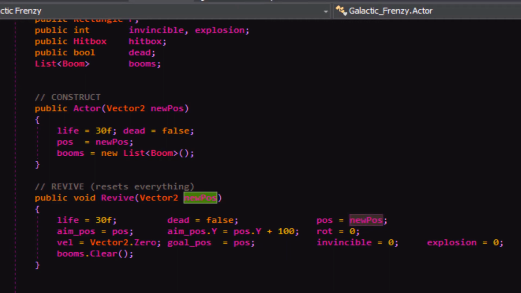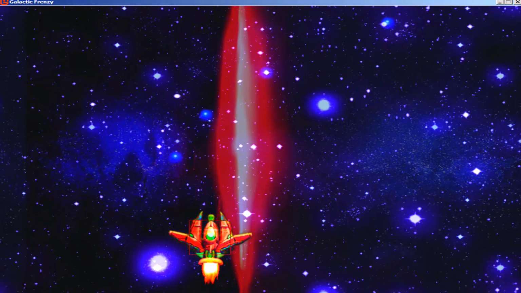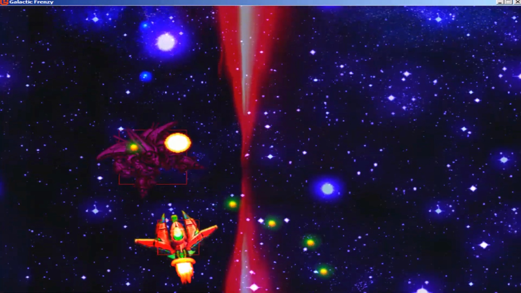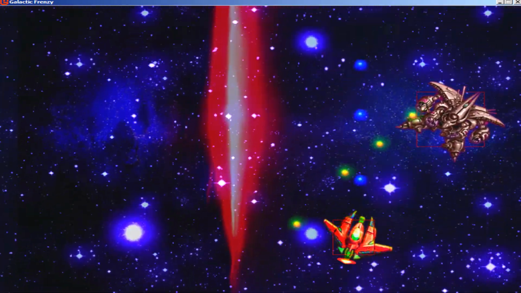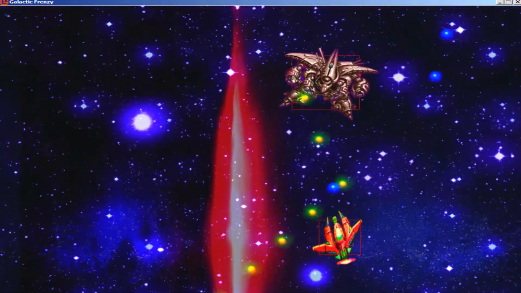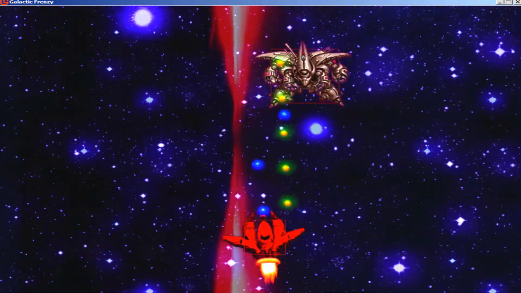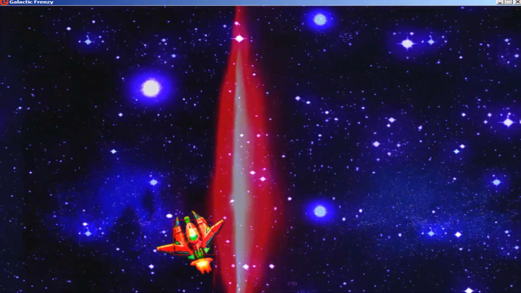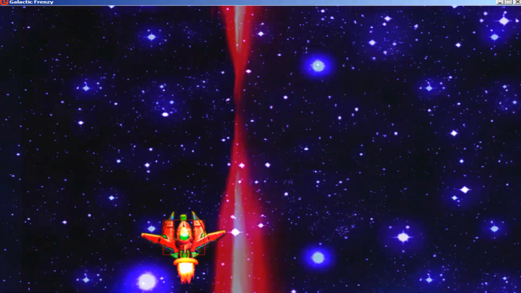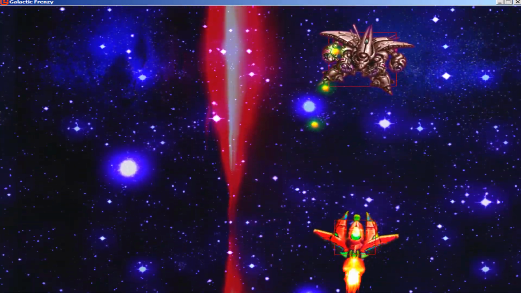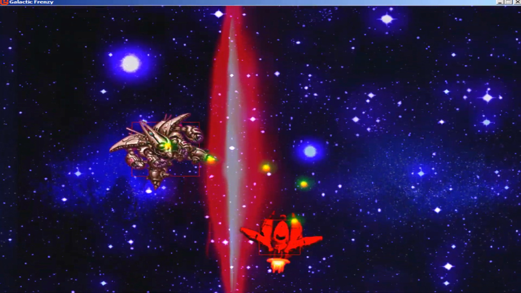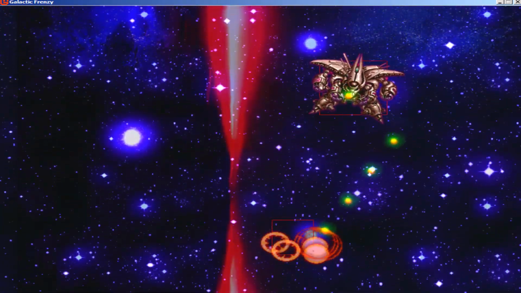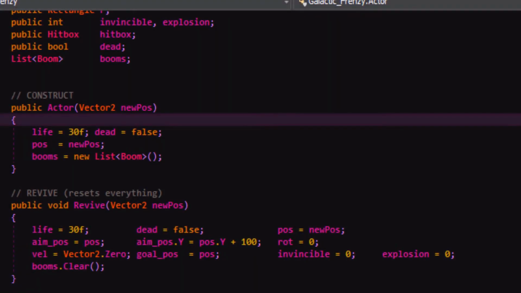So now, if we defeat him, he should respawn and start attacking. And part of the fun of making these types of games and working on them is just trying out each new little thing that you make, even if it's something tiny like respawning the character. And he should come onto the screen. There he is. There's a new one. I should make sure that my guy can get destroyed. Yep.